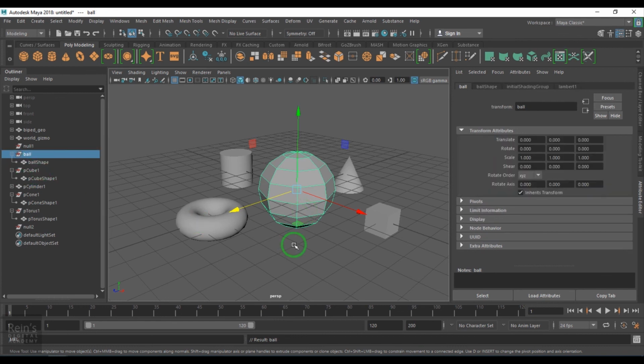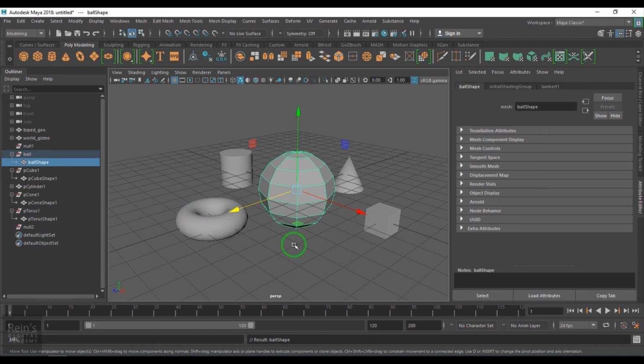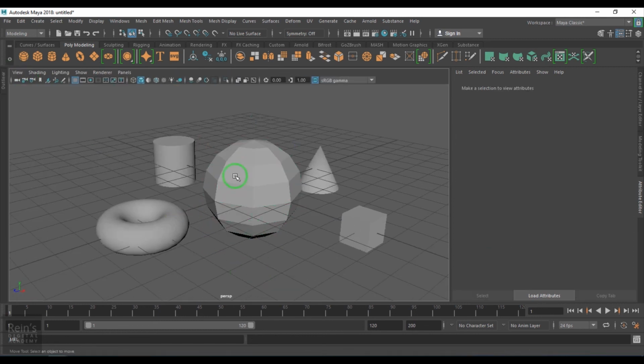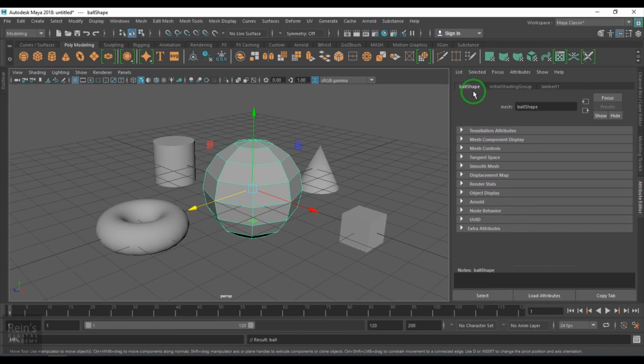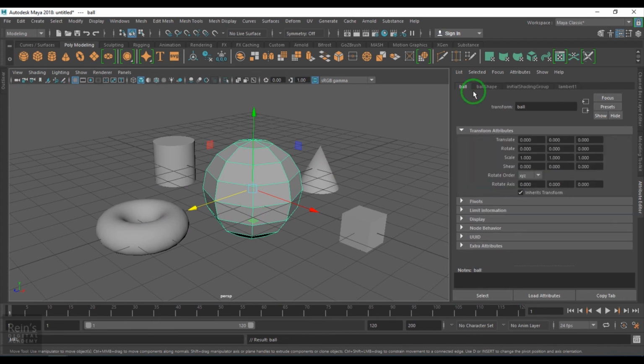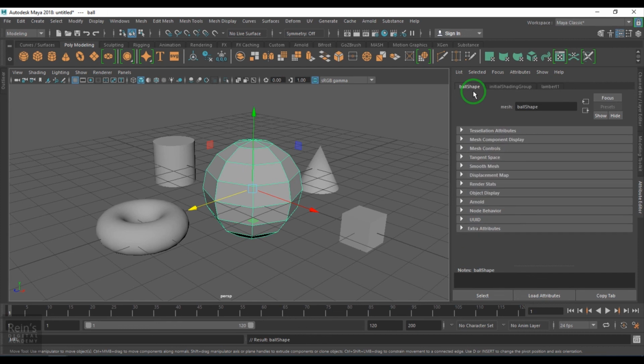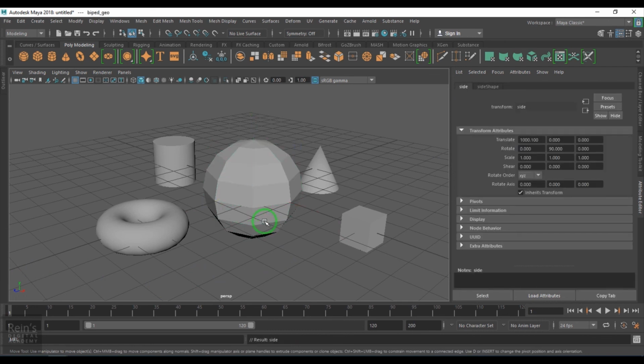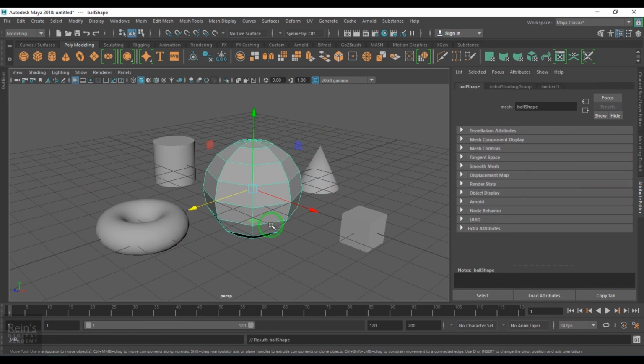Up arrow will go to the transform node, down arrow to the shape node. I can switch between these two nodes if I want to. In fact, I need not open the Outliner. I can directly select and then go to the shape, the transform, the shape, the transform, just by pressing the arrow buttons on the keyboard. You have left and right, up and down. Left and right cycles between the objects, and up and down moves between the hierarchy.